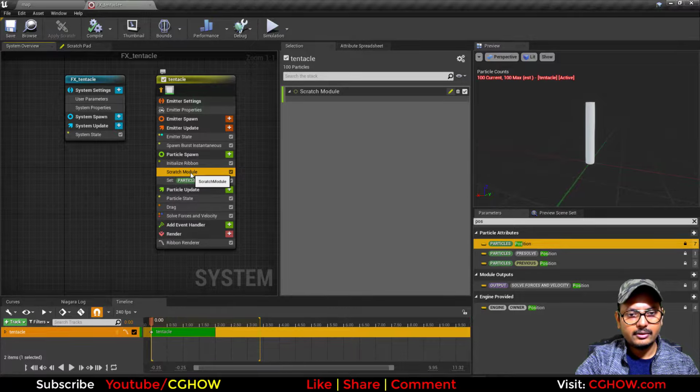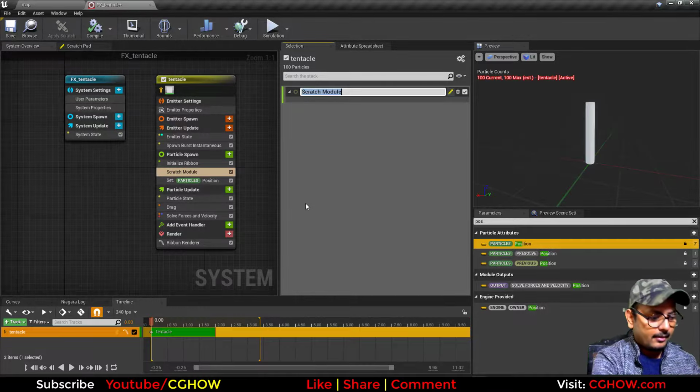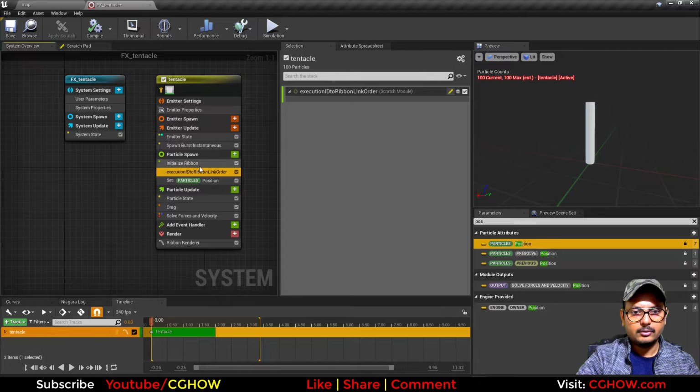Okay, and you can just rename it like execution ID to ribbon link order. Okay, so we are just using that ID for ribbon link order,